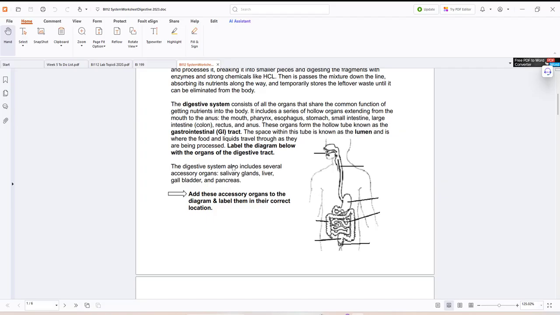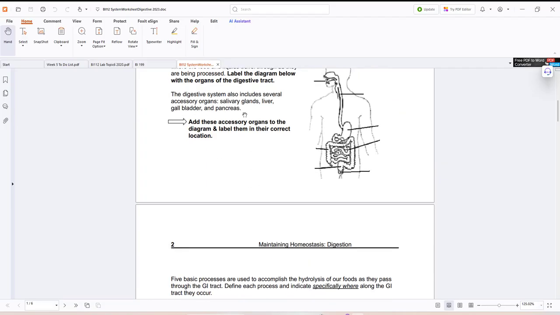Like the gallbladder is kind of hidden within the liver and the pancreas is kind of behind everything. So just draw them in as best as you can, then draw a line and label it. So those need to be included. And I'd say probably at least a third of the class, the ones that don't watch the video typically, forget to do that. Okay, so don't be one of them. You'll miss the 4 points there.